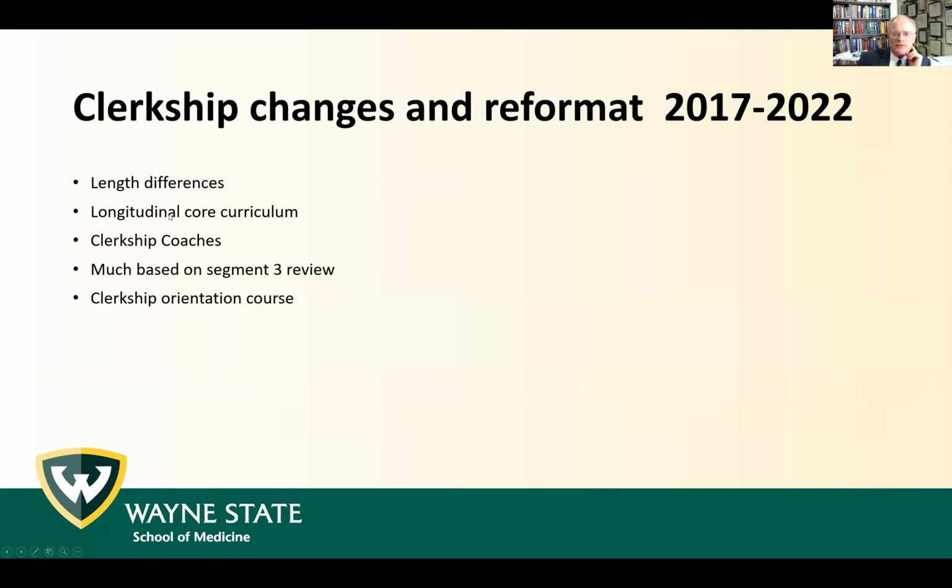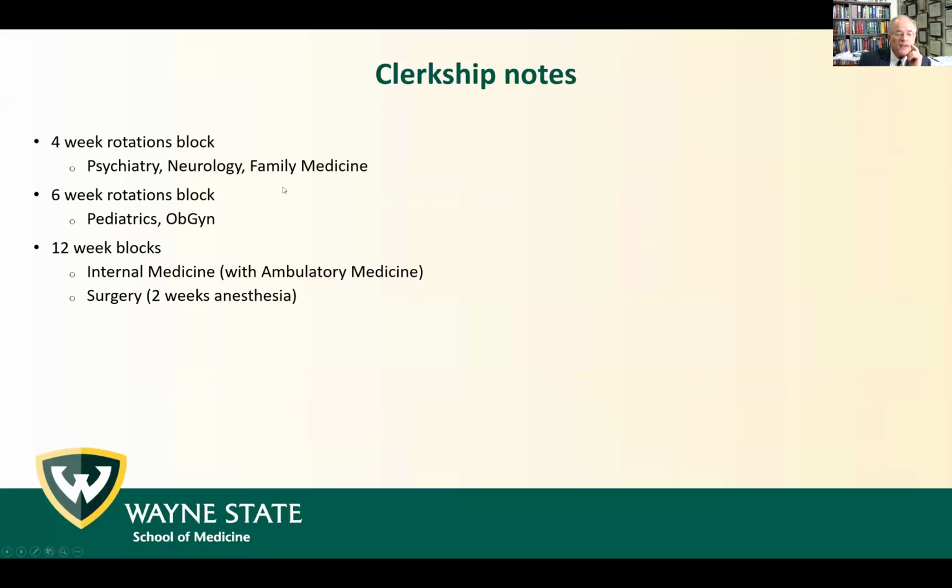So things that we've reformatted over the past 5 to 6 years have been the clerkship lengths, and we've worked at a core curriculum in the longitudinal course. We've added a coaching program and a clerkship orientation course, which we have not had previously to this reform. And again, our clerkships,